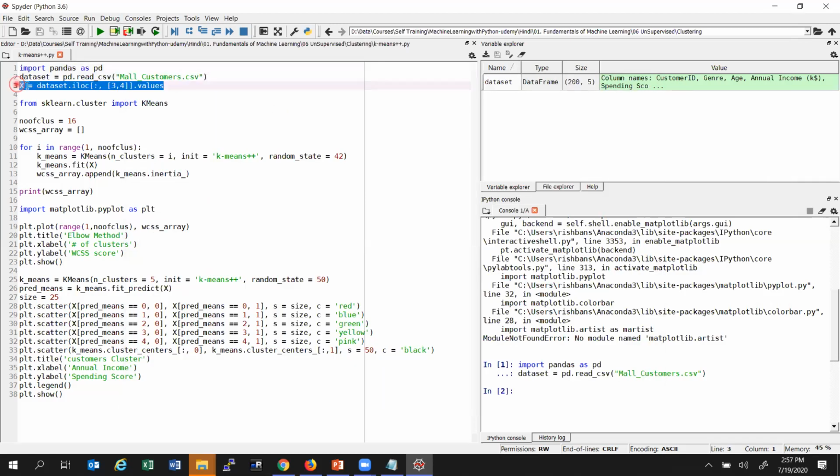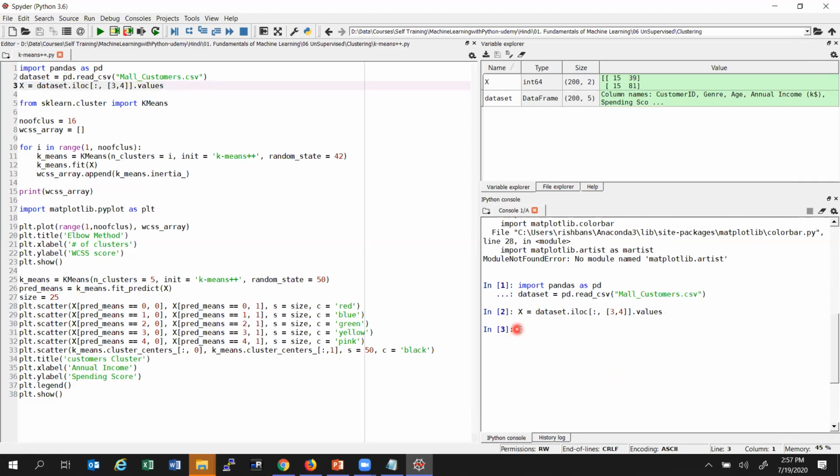Now I took the last 2 columns: one is annual income, and the other is the spending score. I imported them into X. Now I will import the algorithm. This is the code.